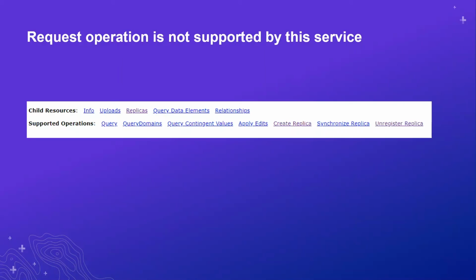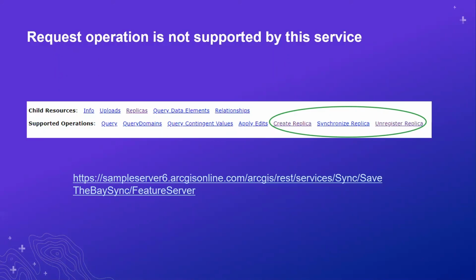One thing to look for is to check the service REST endpoint and search for the following 3 operations: create replica, synchronize replica, and register replica. These operations appear on the feature service operations when it can be taken offline, and it's published with the sync enabled capabilities. An example, if you wanted to take a look at it, would be to use the following: sample server 6, which was used for this sample application as well, and you would be able to see